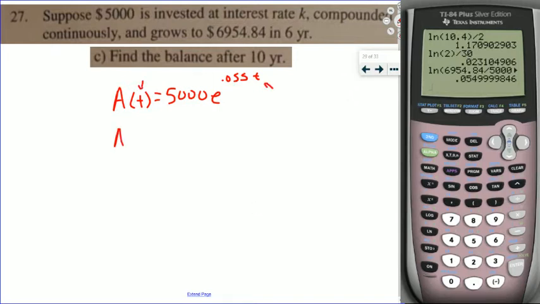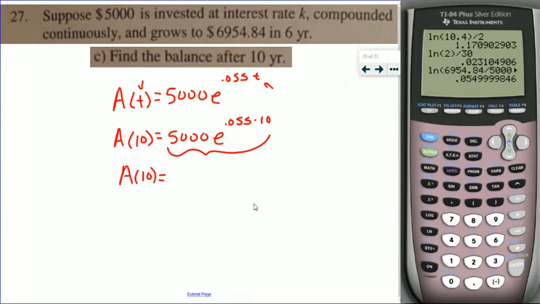So our amount after 10 years is going to be 5,000 e to the 0.055 times 10. Once we have that, we're just going to hammer this sucker right here into our calculator, and that's going to give us some number. A of 10. It's going to give us some number. So we head back over to the calculator, and we find that